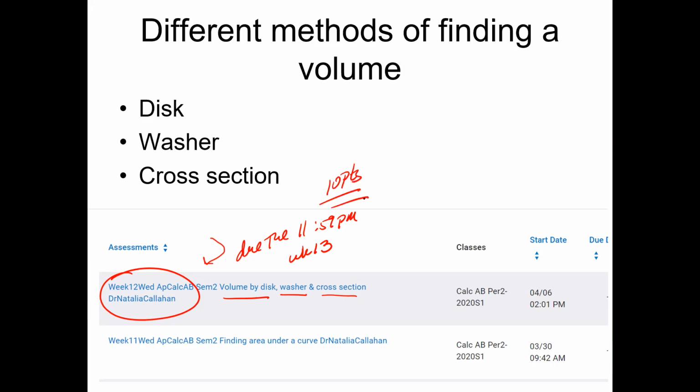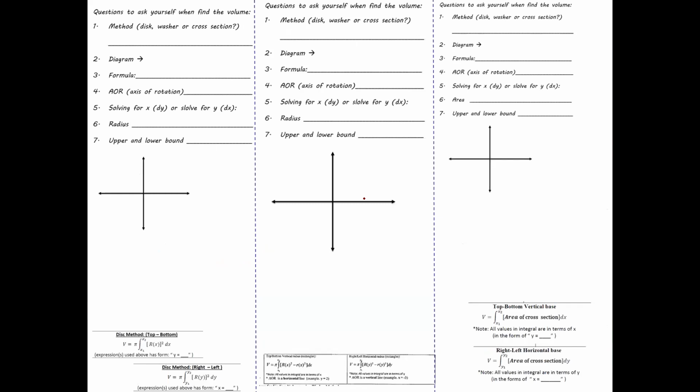And it's multiple choice. So today, before we actually get started with this, I do want to have you go over the 3 different methods so you can compare them side by side. Here I have 3 questions, asking several ways of thinking about what method it is, disc, washer, or cross section, what your diagram is, which formula you are going to use, what the axis of rotation is, whether you are solving for x or for y, what your radius is, and what your upper and lower bounds are. All of these things matter because remember,